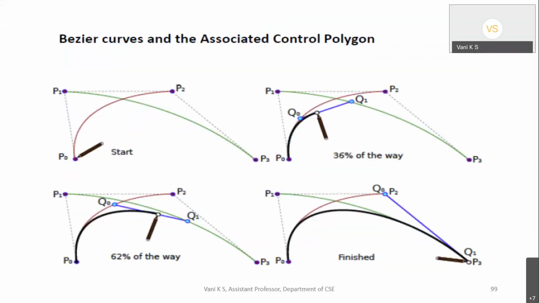See here, how does it start actually? If these are the control points given and they are placed like this, as I told, you can place them in any direction. As of now, it is placed like this. So you start from here. Once you start from here, a line has to be drawn between the two intersecting lines. This is the line from P0 to P2, and this is the line from P1 to P3. Once the tangent is drawn here, you decide how this curve should deviate, whether it should go till here or cut off here.